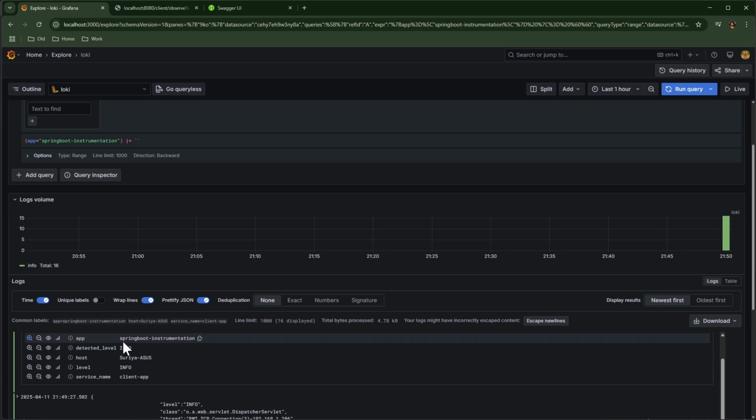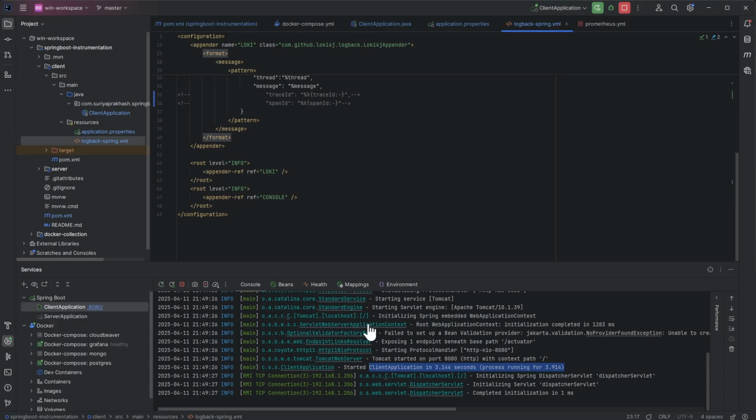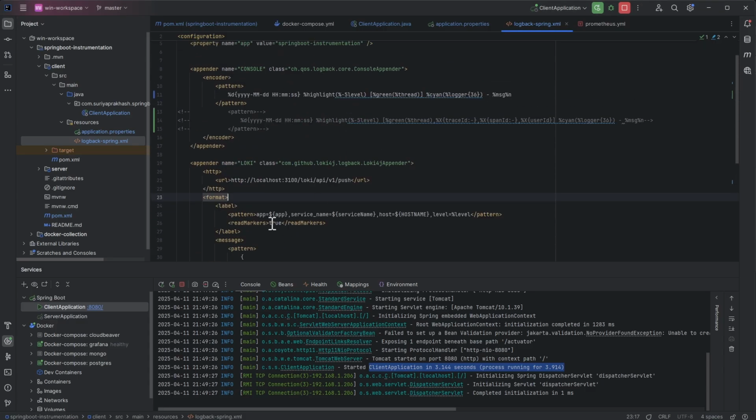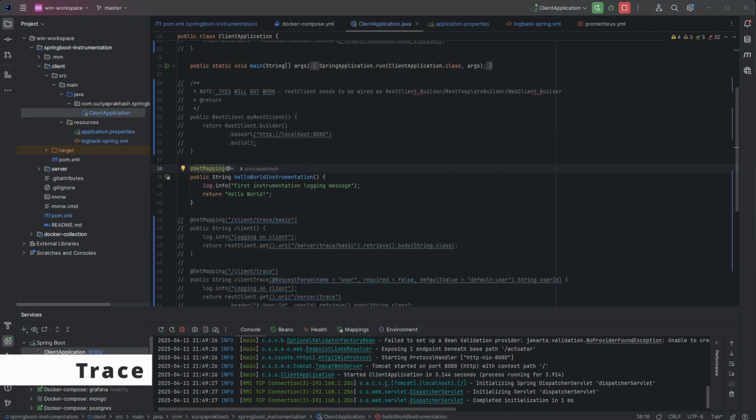In this case, we see the app as Spring Boot, and then the level as info, the host name, and the service name as in client app. That's coming from the configuration that we had as part of the label. Now that we have seen the successful shipping of log messages to Loki, we will jump into the next